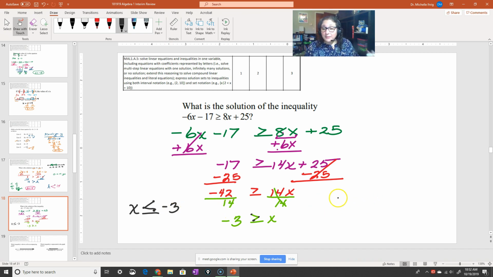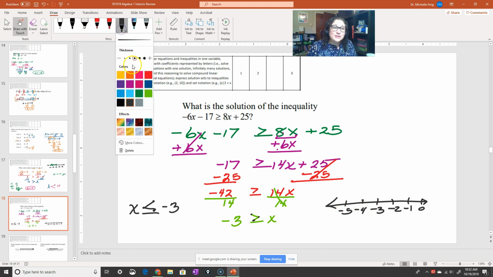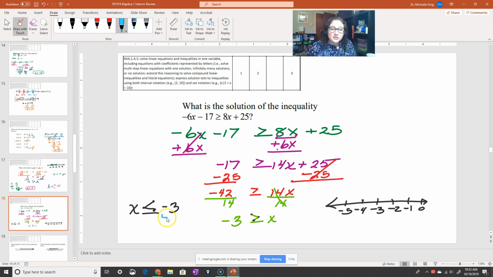So when I go to graph it, I put my negative 3 in the middle. And then I always have to remember that the numbers actually are going up, but mentally I think that they're going down. It's like backwards. So I got to do that. Then the next thing I do is I draw my circle. I'm going to draw my circle at negative 3, which I put in the middle. I look, is that circle open or closed? Because I have this equal, I know it's going to be closed, so I'm going to color it in.